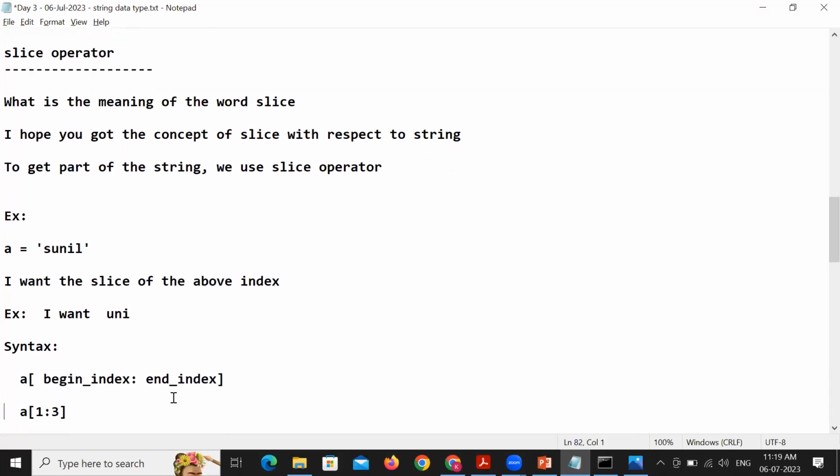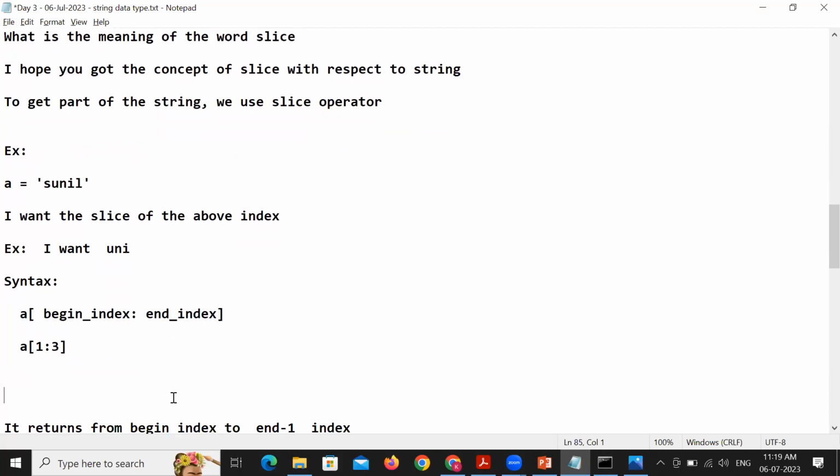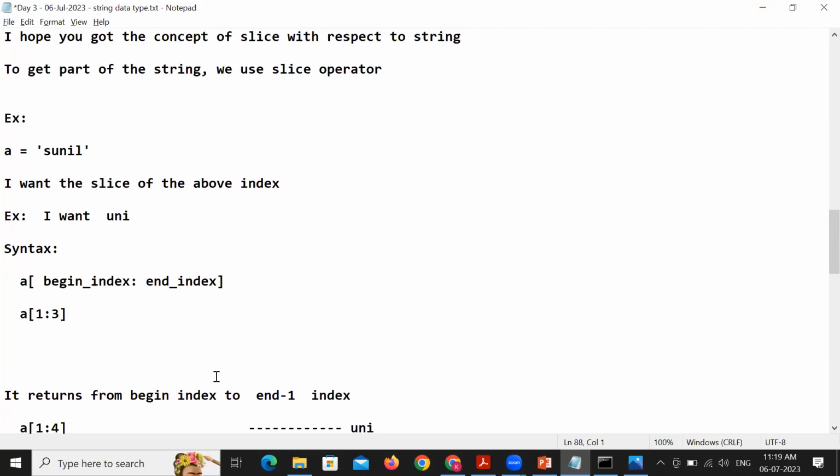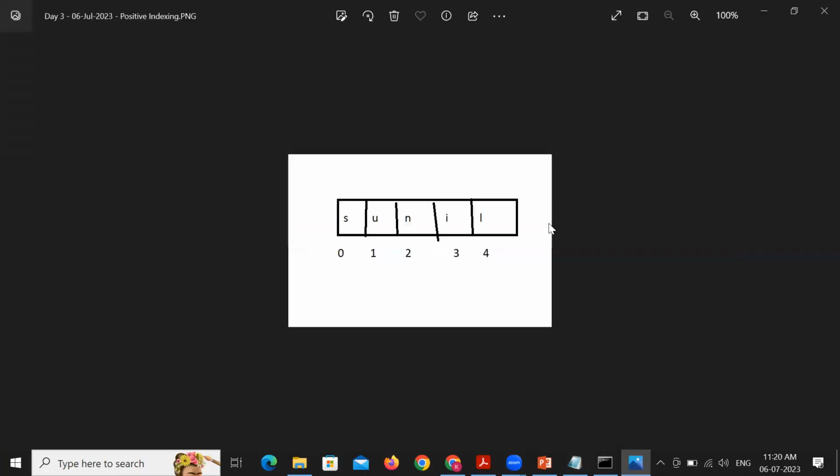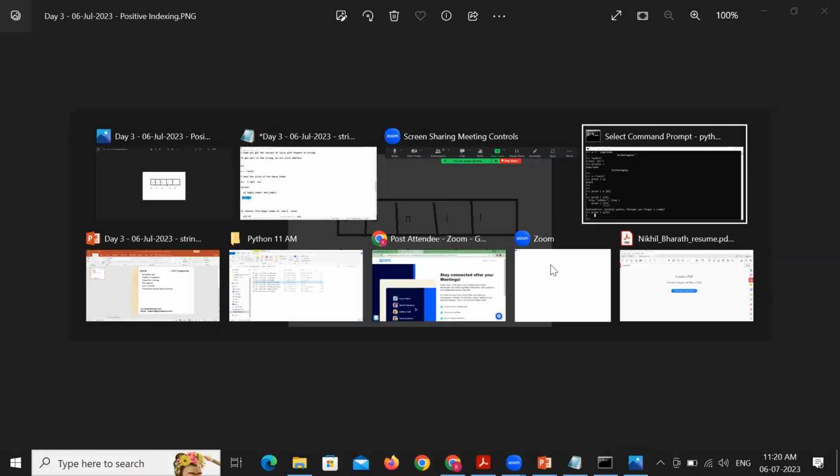So when you want to slice, look at the syntax here, what you have to follow. You have to mention the begin index and the end index. For example, I'm writing 1:3. Begin index is 1. For example, 0 is S and the second character is 1. So U is the begin index. And when you write the end index, it returns end -1. So when you mention 3, it is 3 - 1. Index number 2 will be considered. So what is index number 2? Index number 2 is N. So the output is